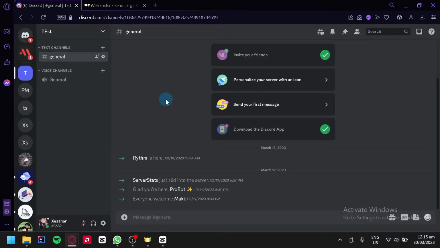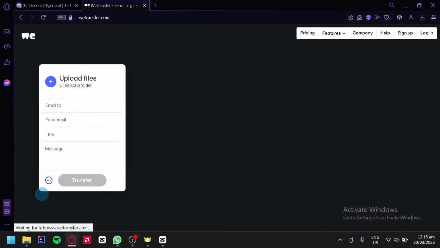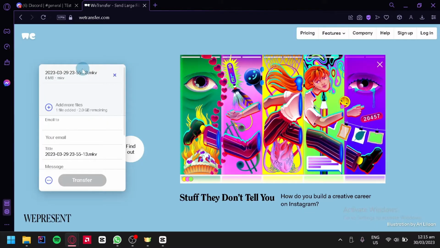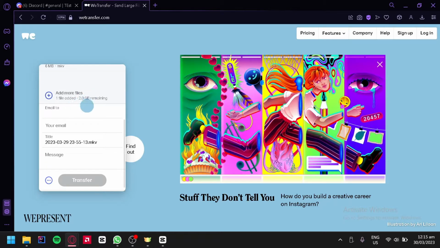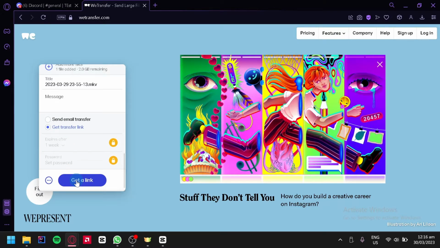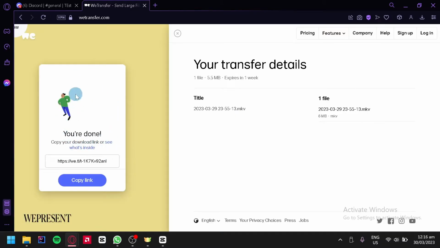So what we're going to do to be able to send a big file is go to wetransfer.com and upload a file. For example, this file over here. It's going to upload the file that we are going to send in Discord, and then we're going to click on the three dots, and then click on get transfer link, and then click on get a link. And after that, our file would be officially uploaded to wetransfer.com, and we could simply click